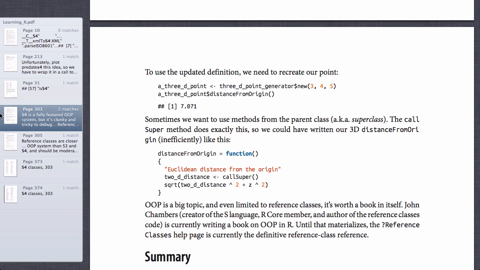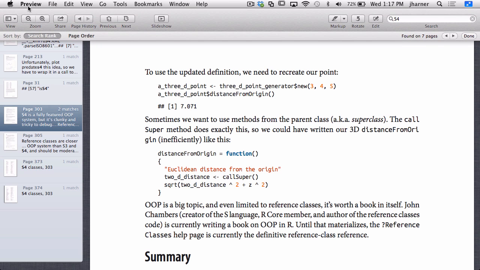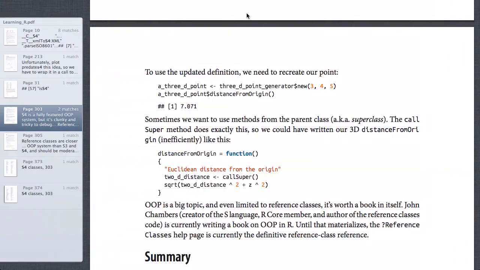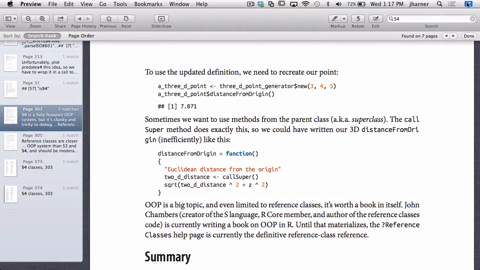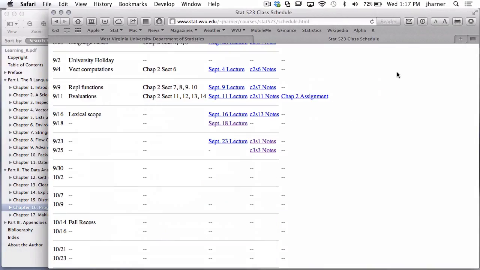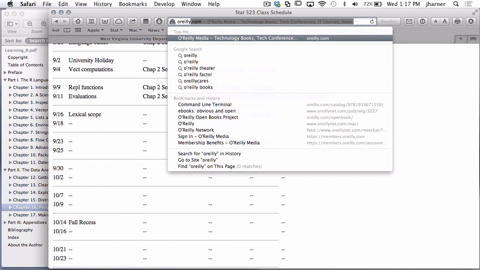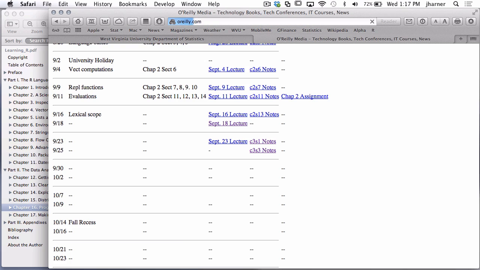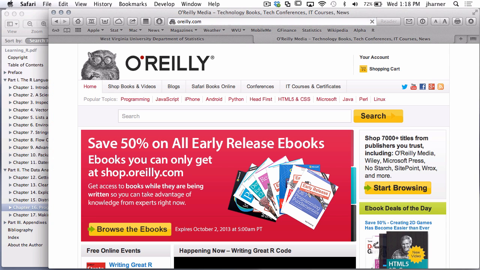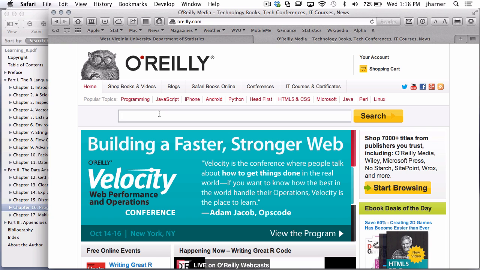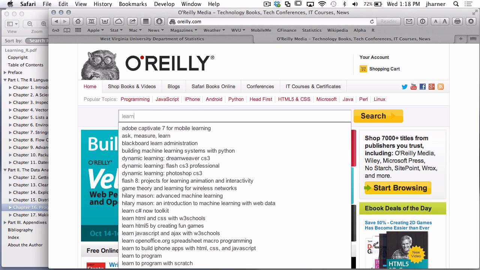So this is one book that you might want to consider getting. If you wanted to find it, you can go to O'Reilly.com, and they always have sales, so you can usually get things cheaper. But the thing that I wanted to mention,